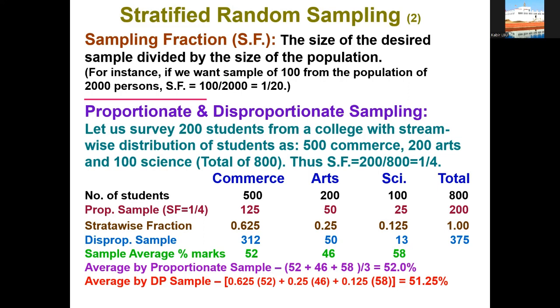Strata-wise fractions, that is for commerce 0.625, arts 0.25, science 0.125, and the total is 1. And then the disproportionate sample: 312 for commerce, 50 for arts, total 37. So the sample average percentage of marks is 52 for commerce, 46 for arts,